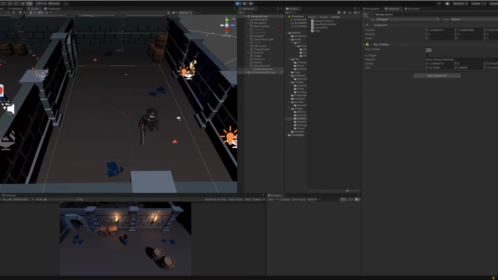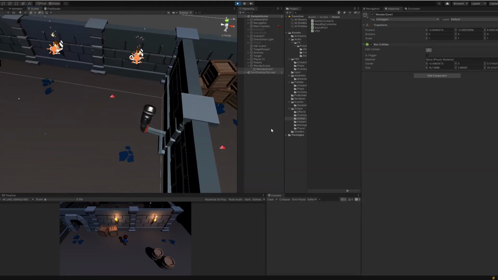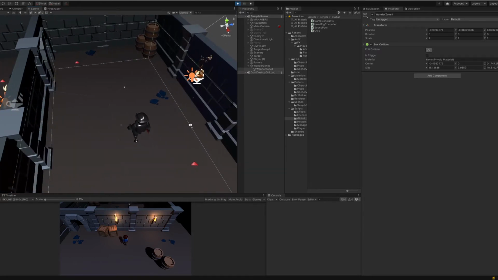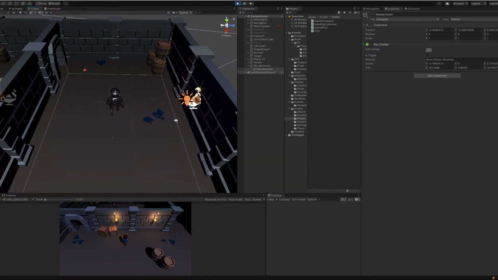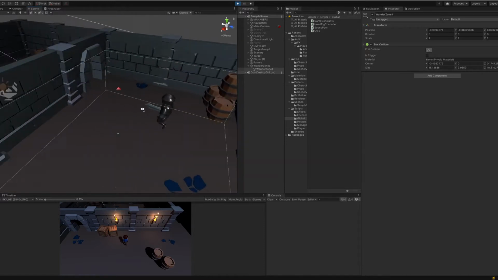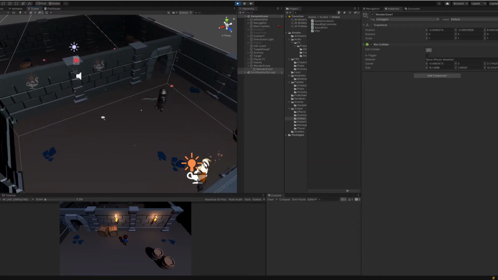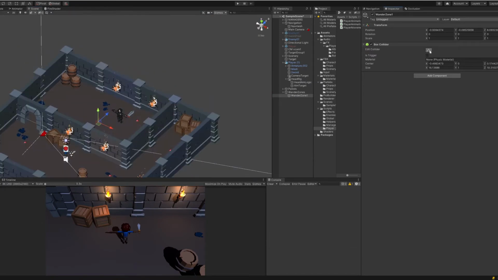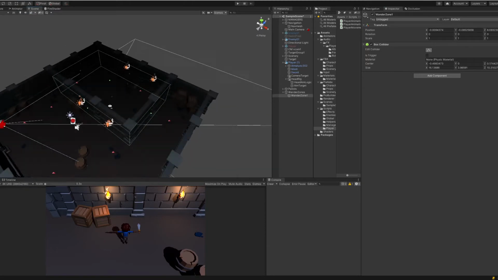But the second version is different, there are no waypoints set. The enemy picks a point in a radius, and makes sure that the point is in the navmesh, otherwise he wouldn't be able to move over there. But this kind of behavior is dangerous, as the enemy might run into places he shouldn't be. For that, I thought about adding these colliders, acting as wandering zones. If the enemy has one of these zones assigned, he won't go outside of the collider's bounds.